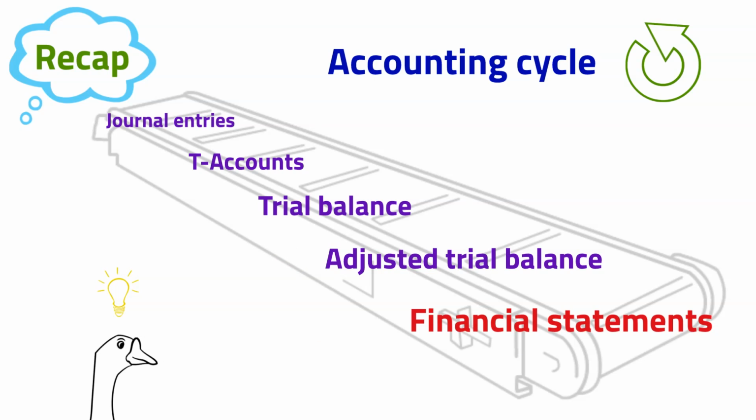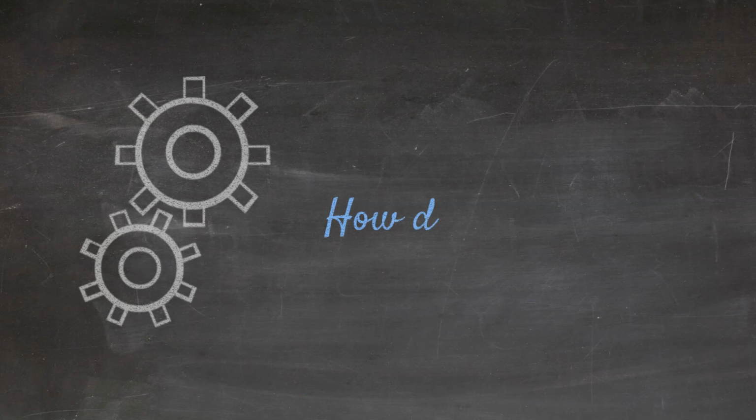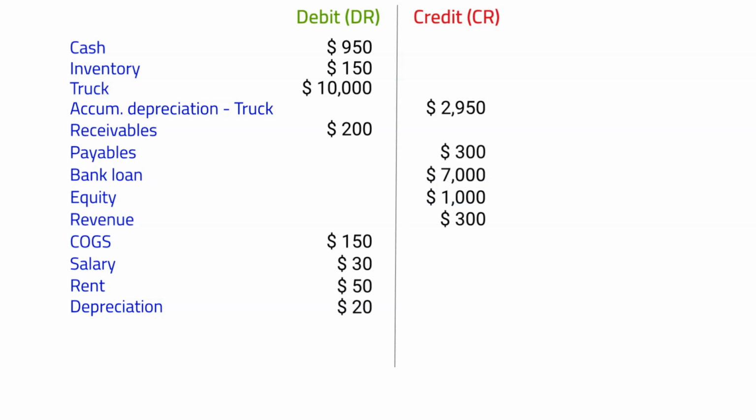Let's get back to our, though very small, adjusted trial balance of our Apple shop. All amounts are in US dollars. Debits on the left, credits on the right. Totals balance at